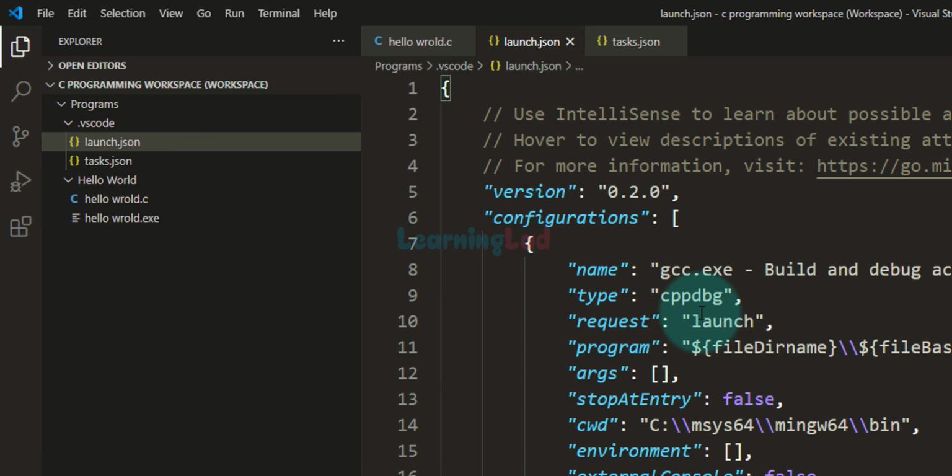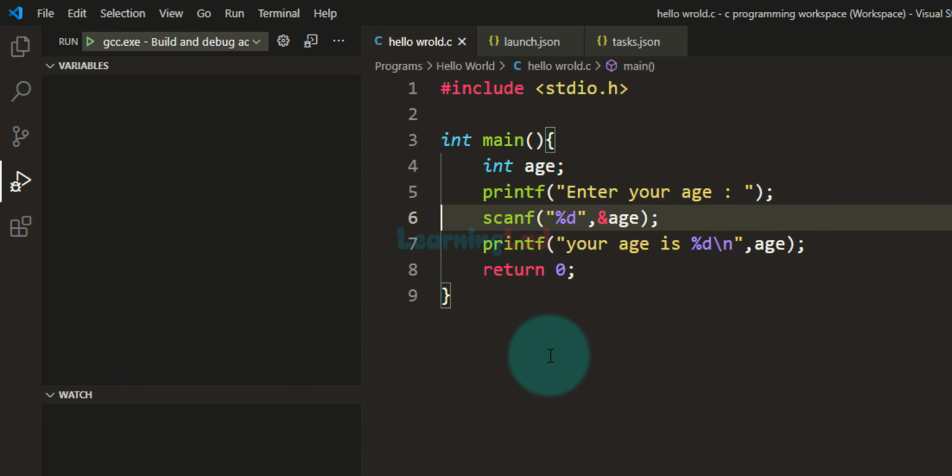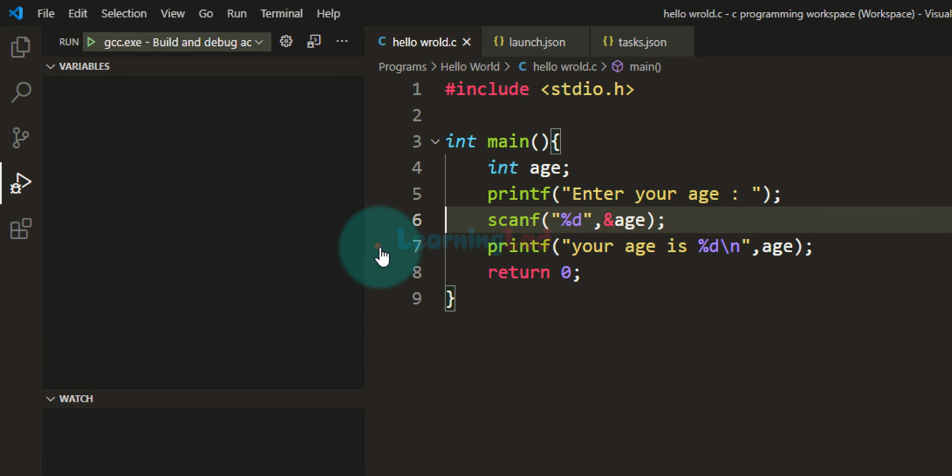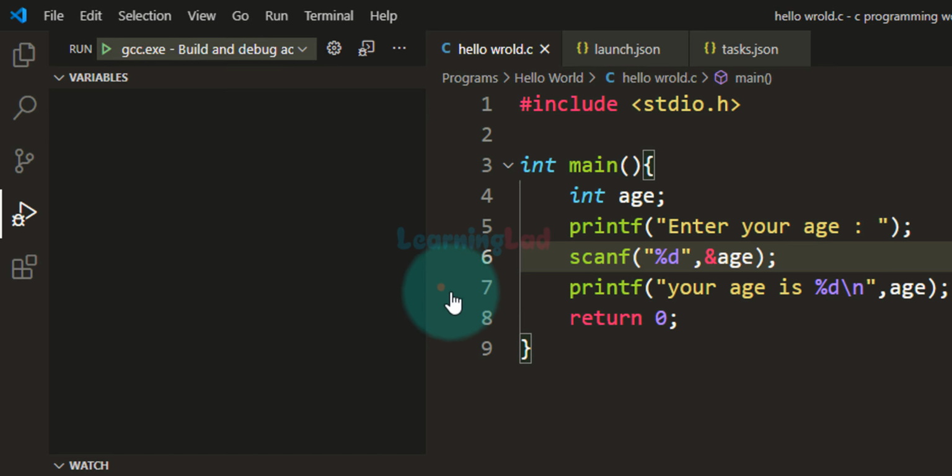So now we will see how we can debug by using a breakpoint. Now here what I'm going to do is I'm going to add a breakpoint. Let us say I'm going to add the breakpoint here in this line number 7. So if you take your mouse just before the line number, then you can see a red dot appearing. If you left click with your mouse, it will place that breakpoint at that particular point. Okay, I'm going to add the breakpoint here in this printf statement,